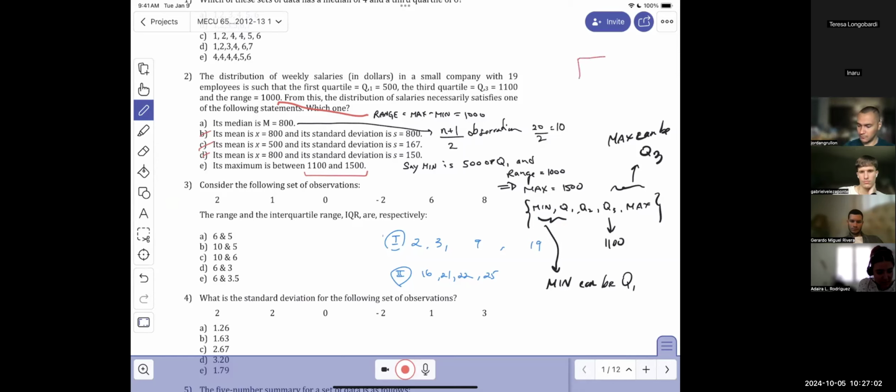So the box plot can be like this, and in this box plot, Q3 is equal to the maximum. You see? I don't draw anything else. Or this is the number line here. Or if I have one like this,